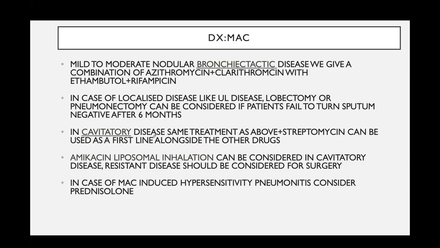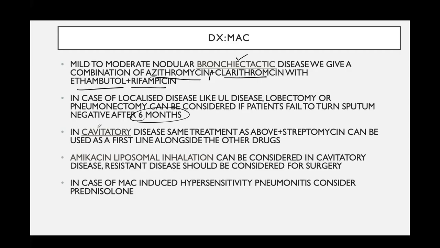This is MAC. Okay. What MAC typically shows is nodular bronchiectatic disease. Typically we give azithromycin or clarithromycin with ethambutol and rifampicin. In case of localized disease, upper lobe disease, lobectomy or pneumonectomy can be considered if the patient fails to turn sputum negative after 6 months. You give a treatment for 6 months. At the end of the 6 months, still they are not turning sputum negative. You're going to go for